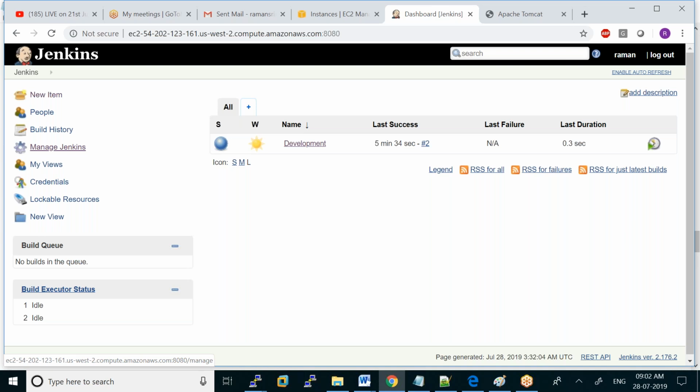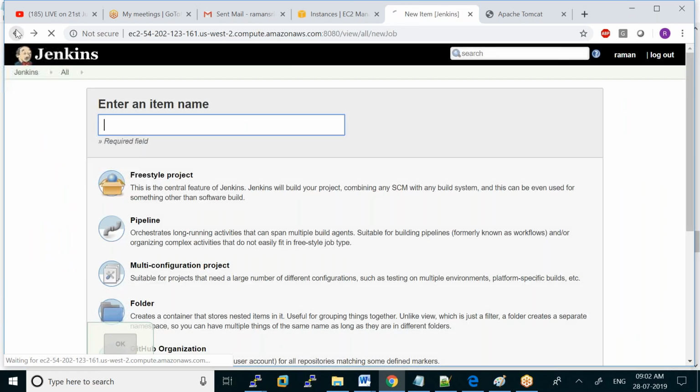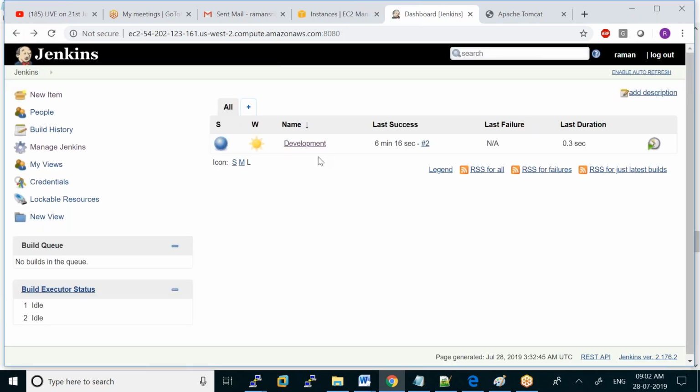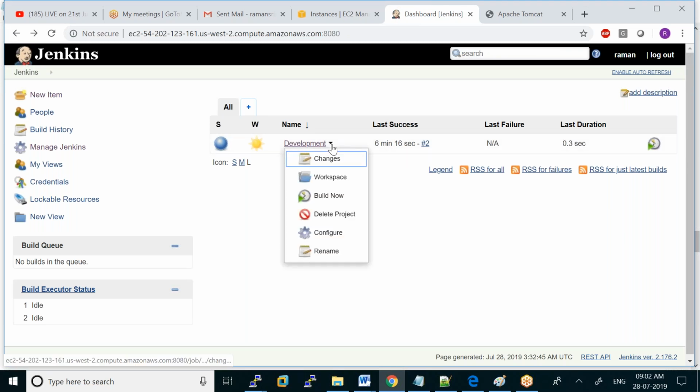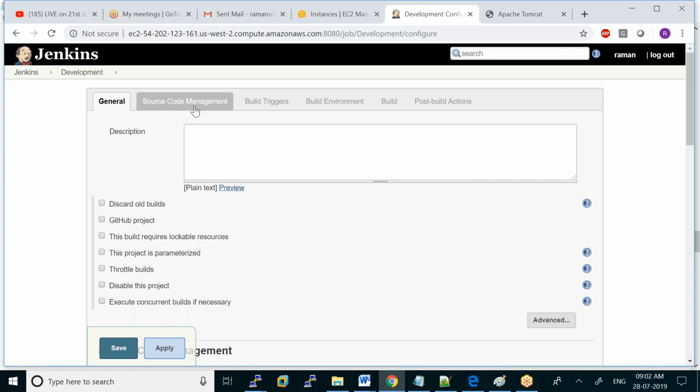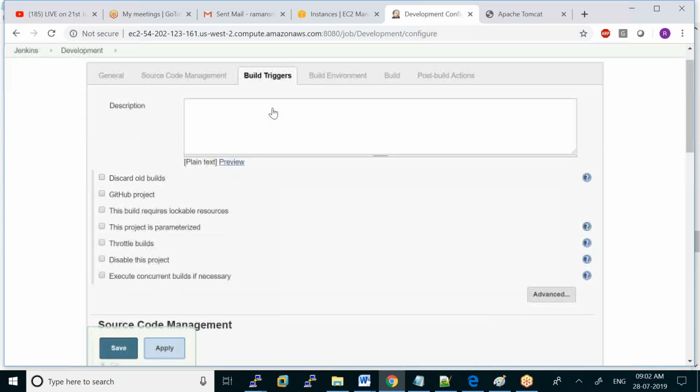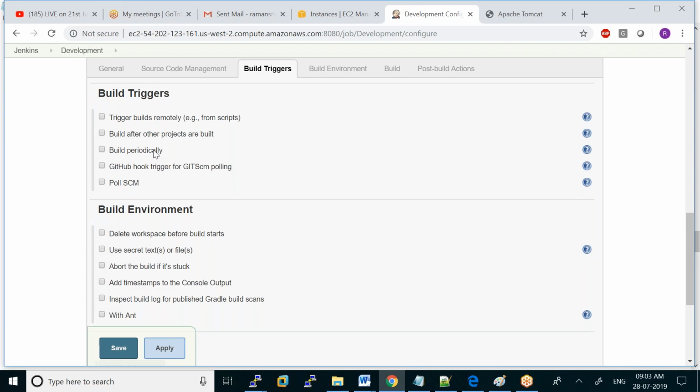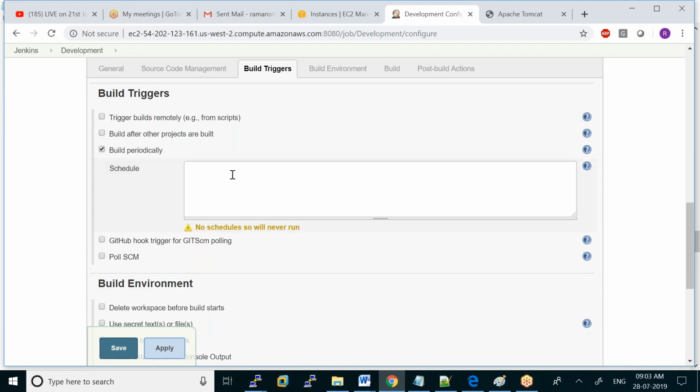Okay, to schedule the job automatically, what you need to do? So here, go to the job, in this development job. Here there is an option called configure. Click on configure. So we have source code management, go to build triggers. There is an option called build periodically. Okay, if you want to make it build periodically, the schedule is here. If you want help giving the schedule,